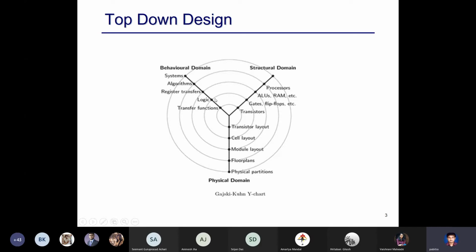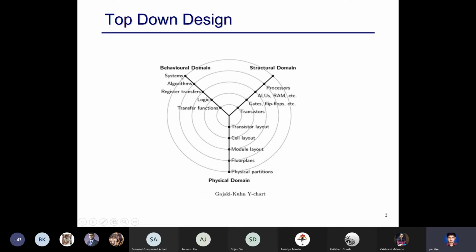Each of these is called a level; each circle is a level. And then you have the register transfer level, RTL, which is again in terms of some basic blocks. And then you come down to the logic level, which is gates and so on. And then finally you come down to a transfer function level, which is at the voltage level.